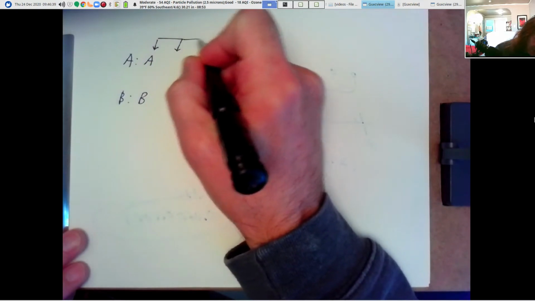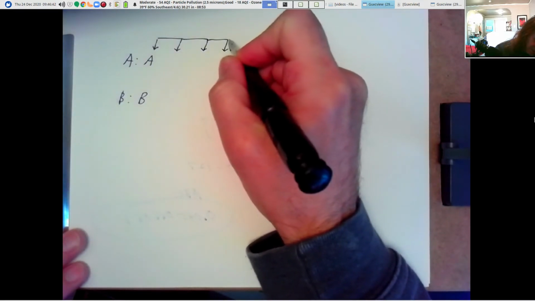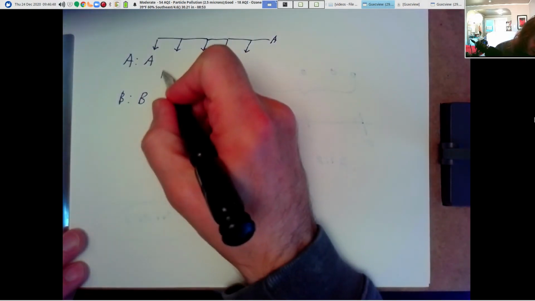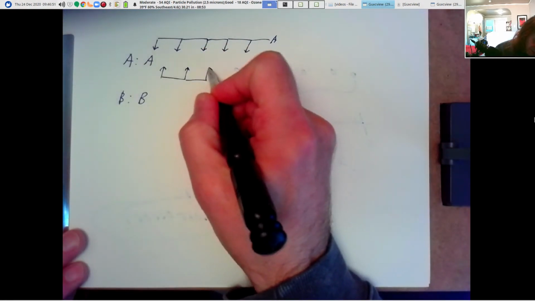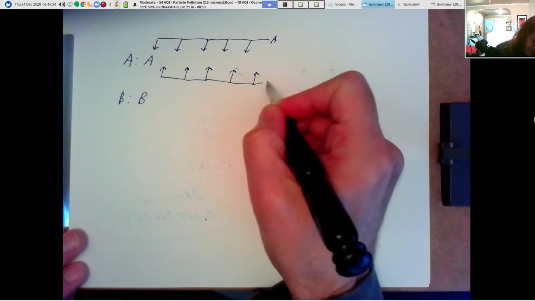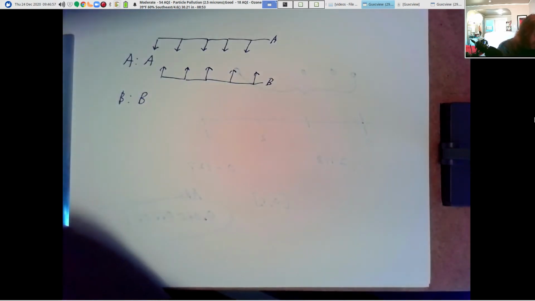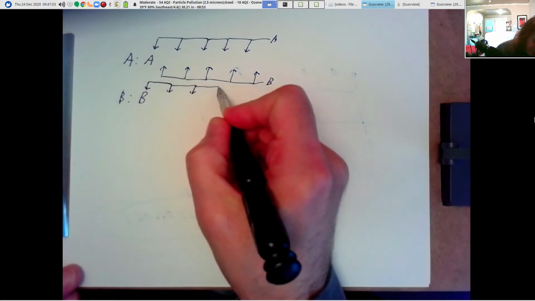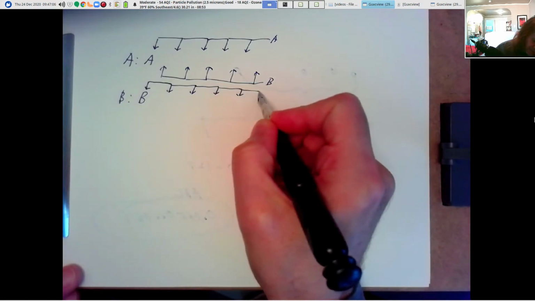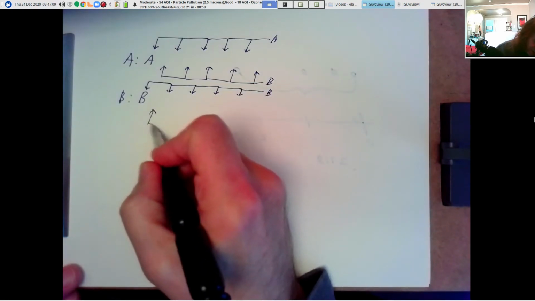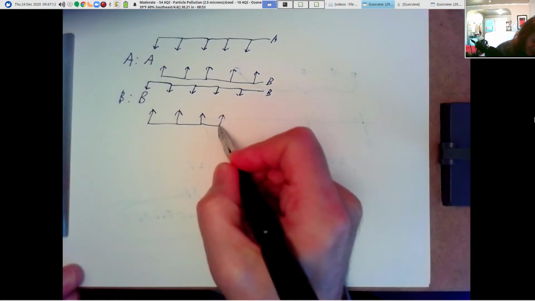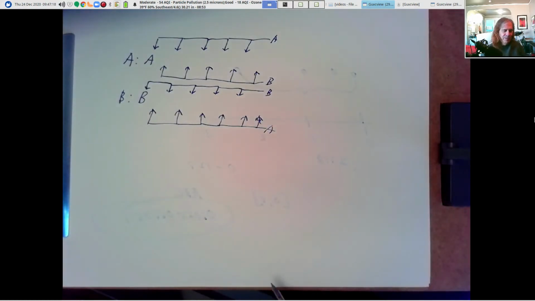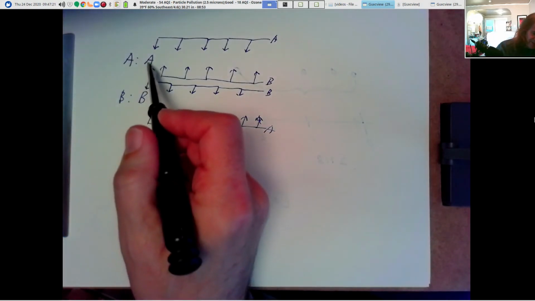So I'm going to store in every other position information about sequence A. And in the positions in between those, I'm going to store information about sequence B. And sequence B is going to do the same thing, except it's going to begin with information about sequence B, and then in between those characters, I'm going to store information about sequence A. All right, so A begins with the letter A. We've got that information coded.